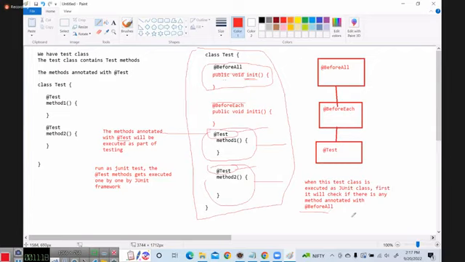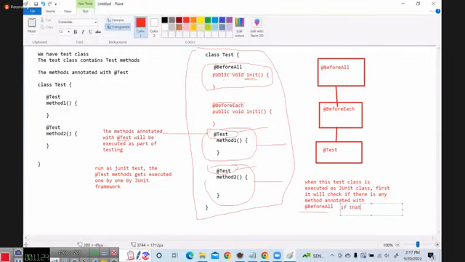If that method exists, then the JUnit framework will execute that method first. Okay. Then,